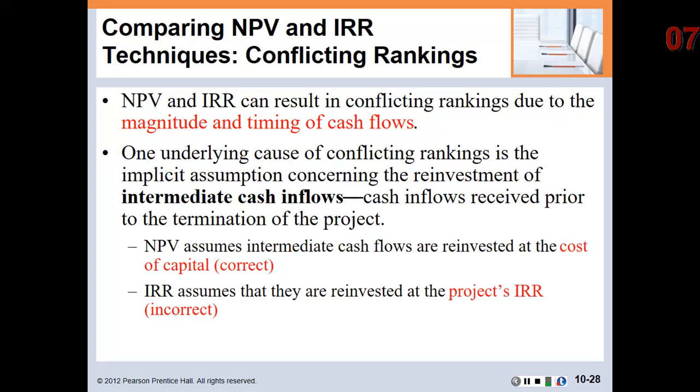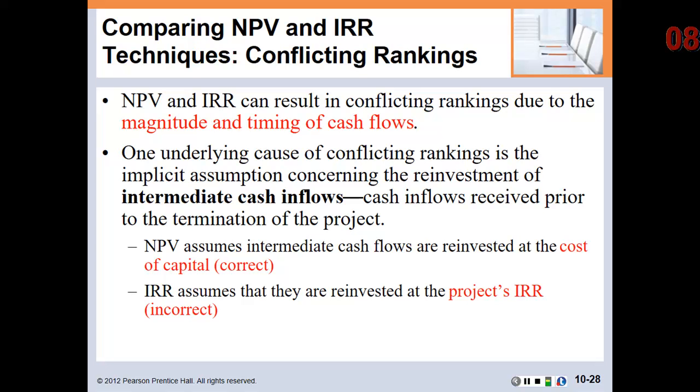The internal rate of return assumes that these intermediate cash flows are reinvested at that last project's internal rate of return. So for example, for Project A, we had a 19 point something percent internal rate of return. So it's saying the next project is going to have a 19 point whatever internal rate of return. That's not accurate. Now, it may have an internal rate of return higher than the cost of capital, but it may be 14%, 16%, 12%, whatever. So this is an incorrect assumption.